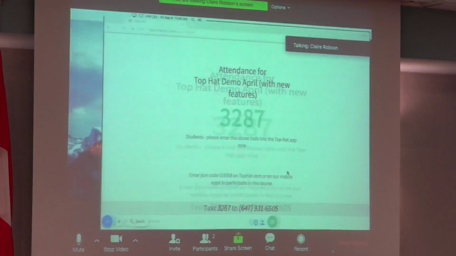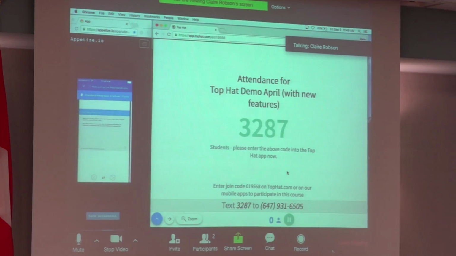It's a great way to get the class paying attention at the front. It's also really great as a data marker. I'm sure you know that at the end of the semester, if a student comes into your class and wants to know why they've gotten certain grades based on participation, or if they're asking for a grade bump, you're able to look at their attendance records and then decide from there if you want to give them some extra help or extra credit.